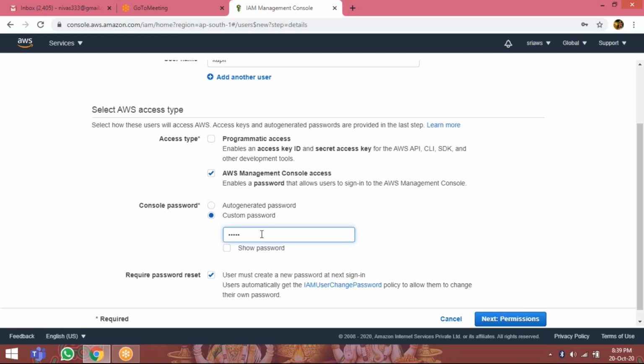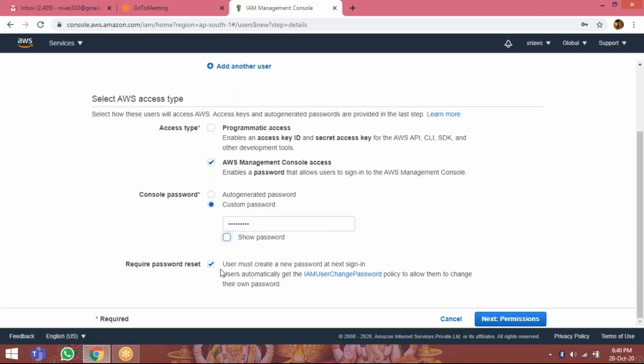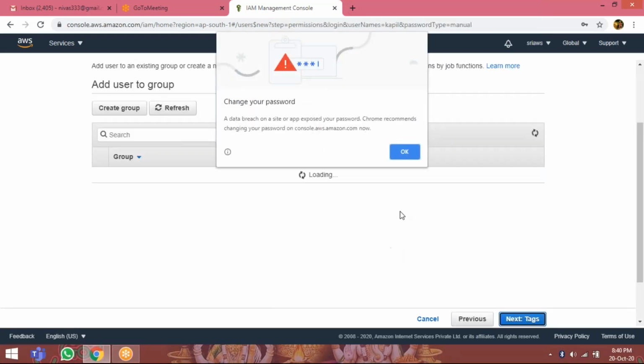So Kapil@123. I am giving the password. So I am checking the password, Kapil@123. Require password reset: user must create a new password. I am unchecking this one. Next, click on next permissions.